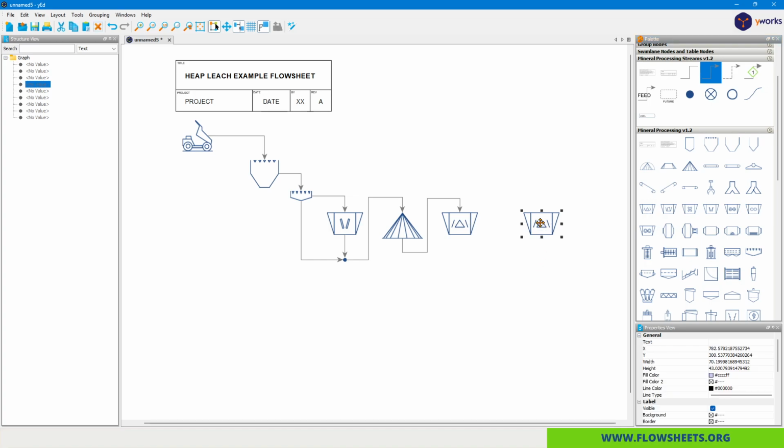But before we do that, I guess we should probably have a screen. So the screen here is this icon here. And we'll take the product from the secondary crusher, click once for the mouse to give an anchor point, click again, comes onto the screen. Oversize comes into the jaw. And we'll put an anchor point here below the tertiary crusher,